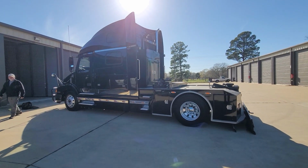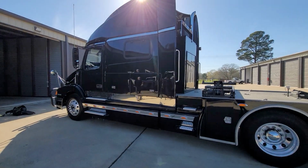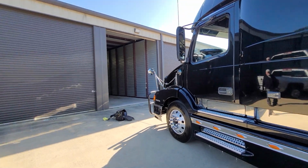Guys, check out the Gambler. That's what we nicknamed it. This is an awesome Volvo VNL770. It's absolutely immaculate on the inside, and it's been owned by Don and Victoria right here, who for how many